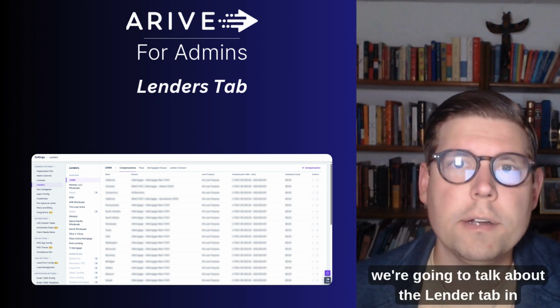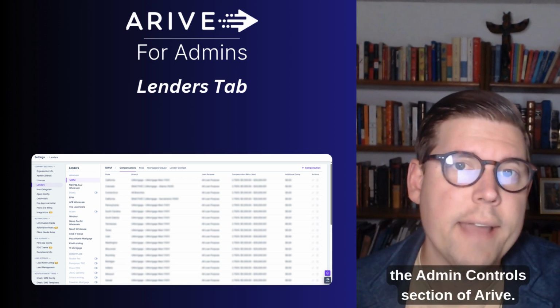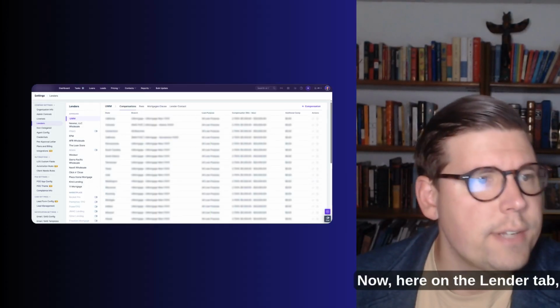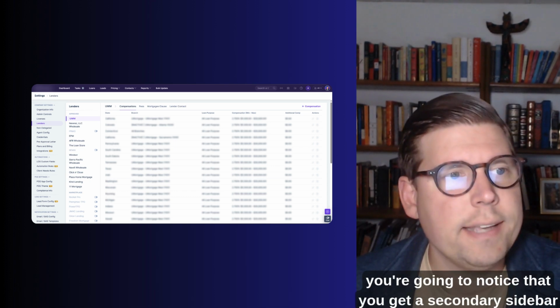Today, we're going to talk about the Lender tab in the Admin Controls section of Arive. Let's jump into it. Now, here on the Lender tab, you're going to notice that you get a secondary sidebar